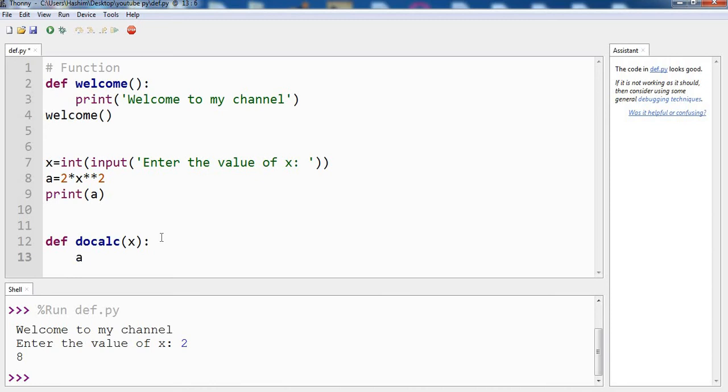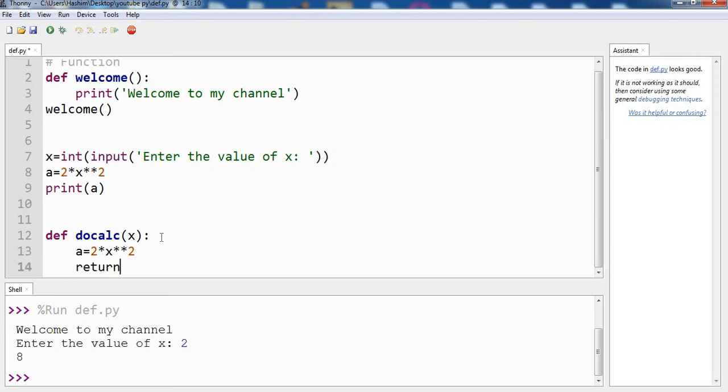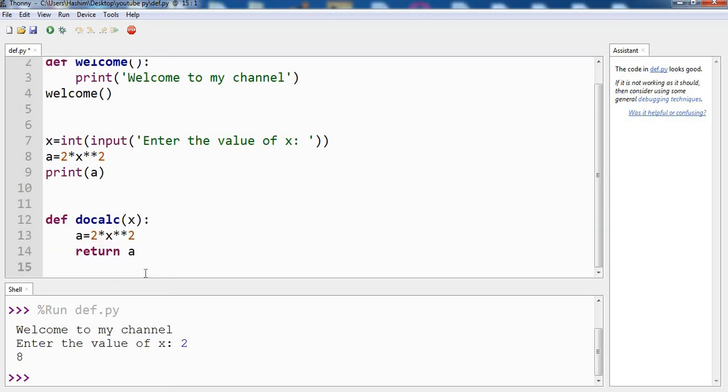Let's say a is equal to 2 into x double star 2. Okay, return a. So we are telling the function to return the value of a, and x will be provided to it. Okay, so that is all that we need to write in the function.